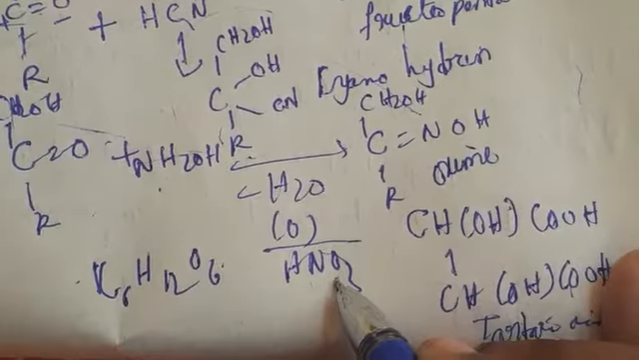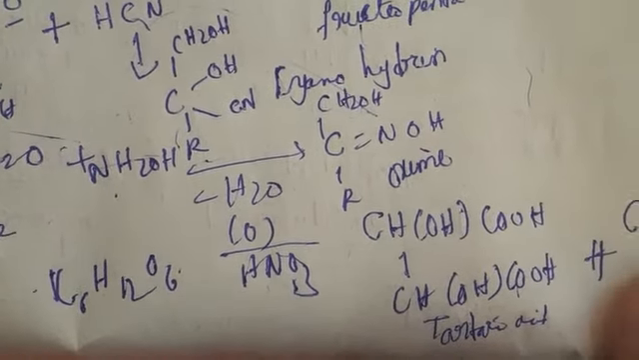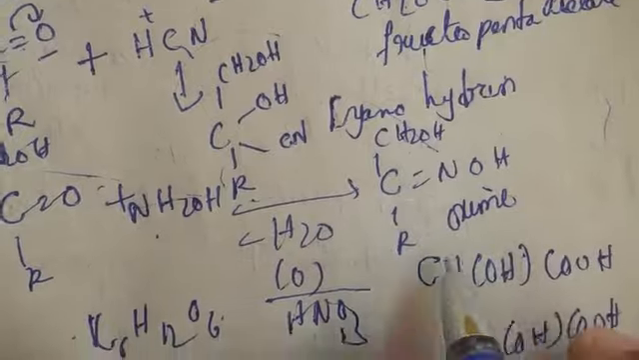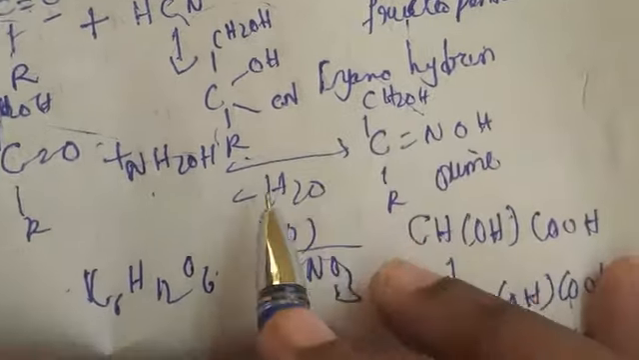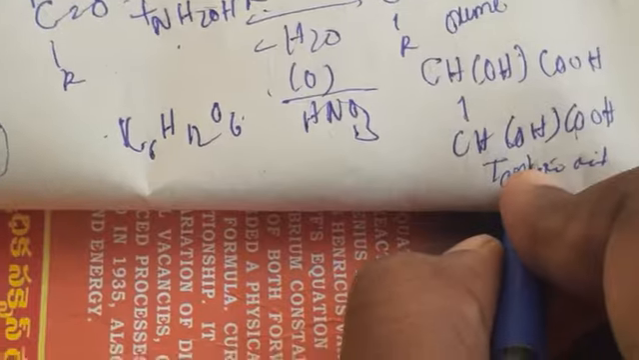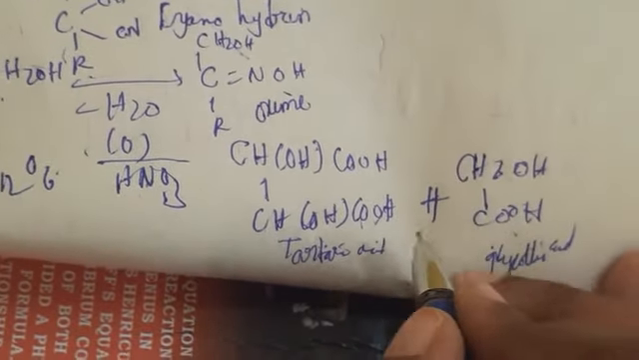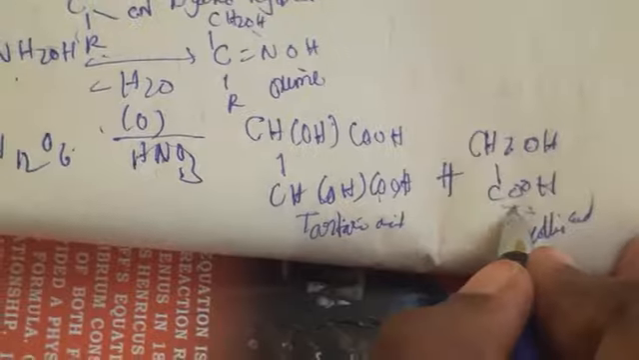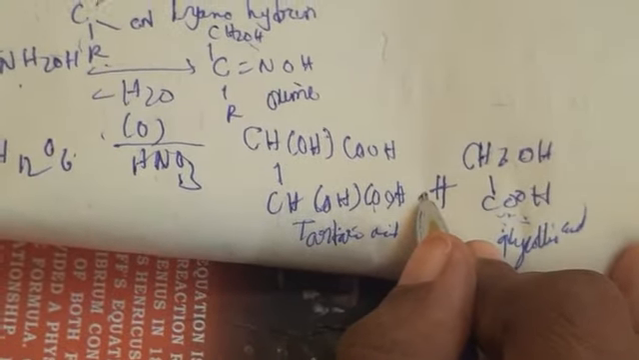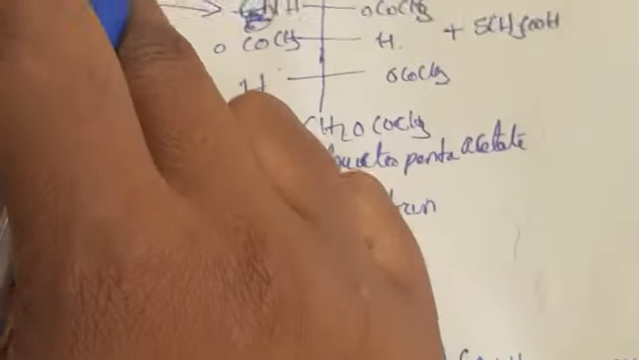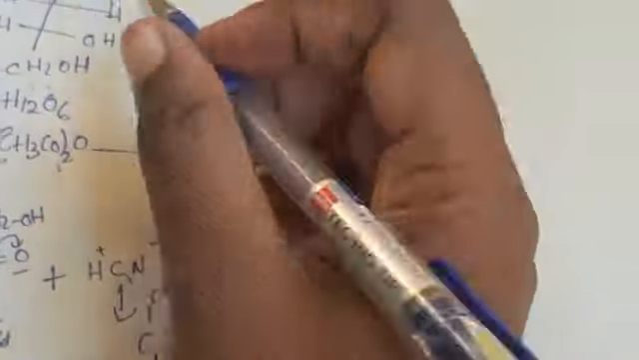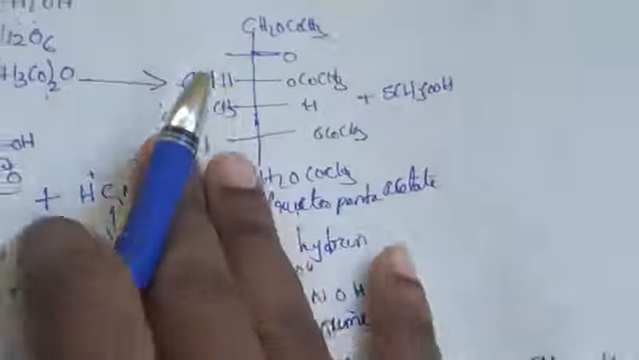To know that ketone is present, we do oxidation. It forms tartaric acid and glycolic acid. When we do oxidation with HNO3, it gives a mixture of tartaric acid and glycolic acid. These 2 acids indicate that the carbonyl group is a ketone group. So we know the ketone group and the hydroxyl groups, and still we have to see